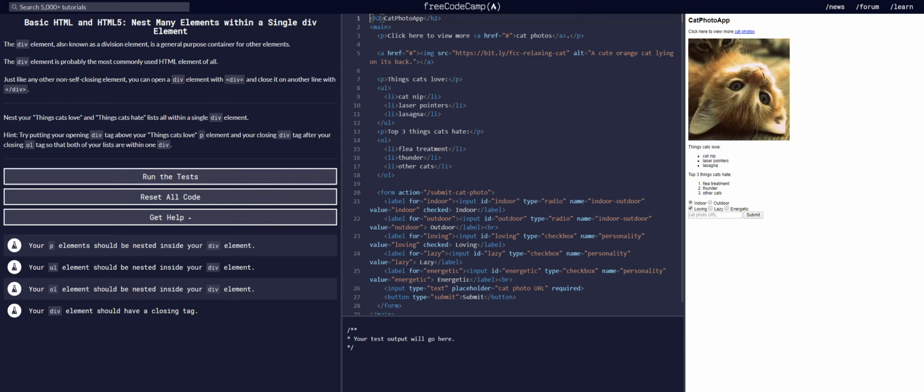The div element, also known as a division element, is a general purpose container for other elements. The div element is probably the most commonly used HTML element of all. Just like any other non-self-closing element, you can open a div element with div and close it on another line with div. Nest your